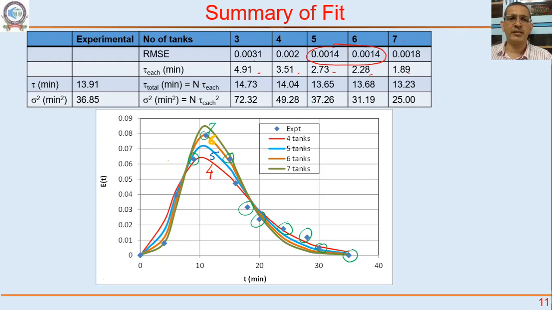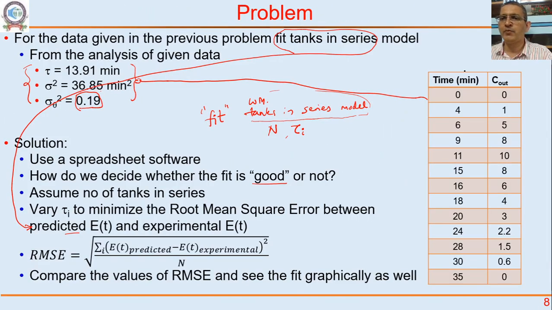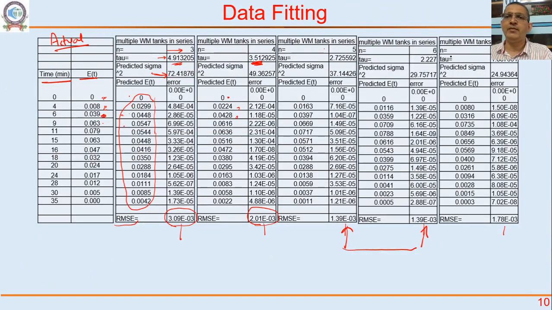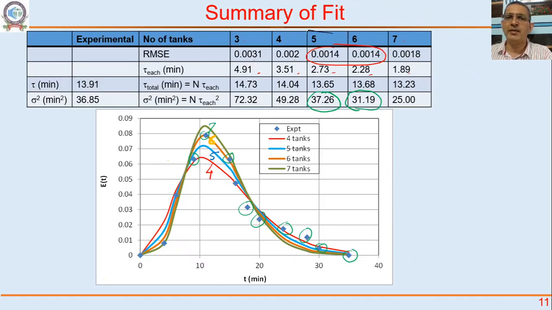In terms of sigma theta square or sigma square, 37.26 is closer than 31. So we can take 5 tanks in series as a good fit to this real reactor. Now you see how we can find out that this actual reactor, which had this observed tracer response, behaves like 5 tanks in series, each tank having a residence time of 2.73